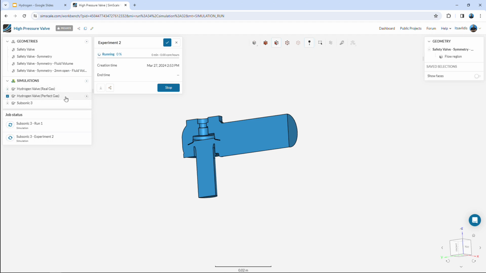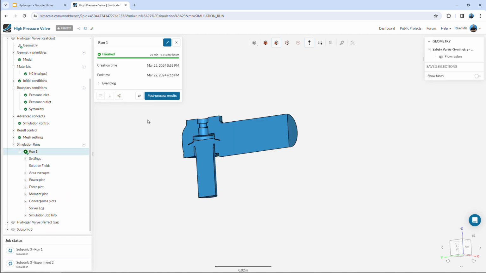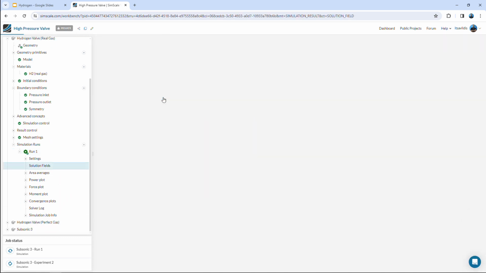Here I have already simulated real gas and perfect gas models, but let's go ahead and see the results for the real gas. I can click the finished simulation and post-process the results. As with all the setup, the post-processing is also done in the cloud.